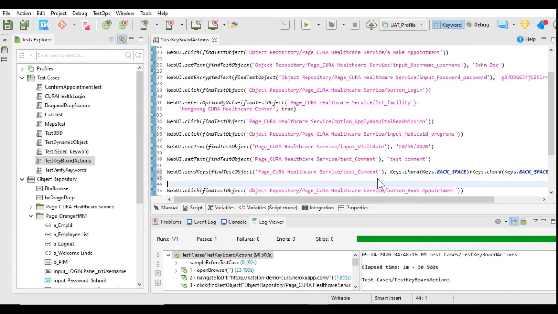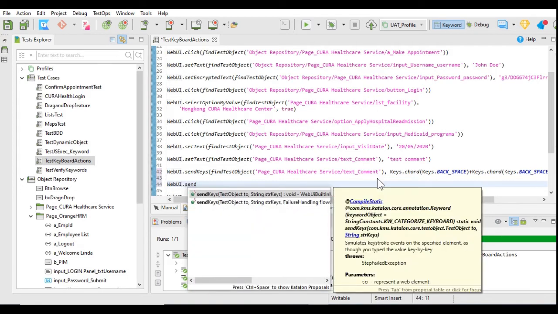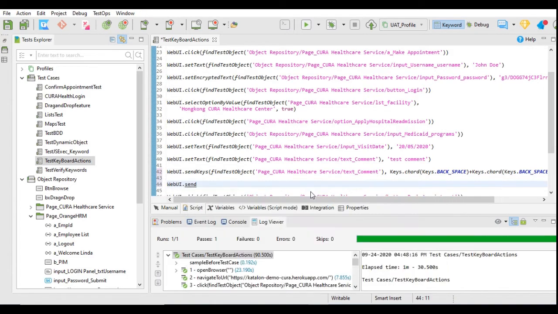After that, I will show you how to use the control or shift or alt buttons. You can use those buttons from the keyboard as well, and they perform the action the way we perform it from the keyboard. So I will use sendKeys. Again, I will use the same object.